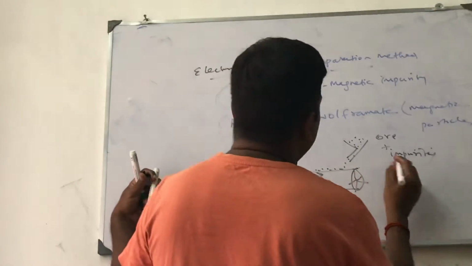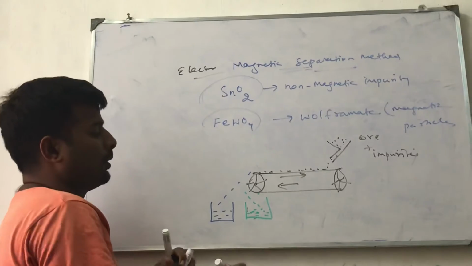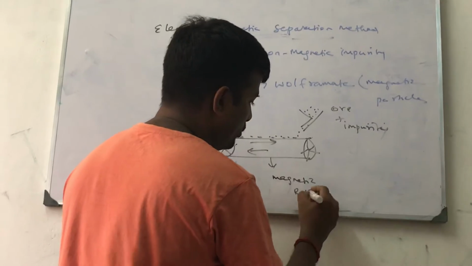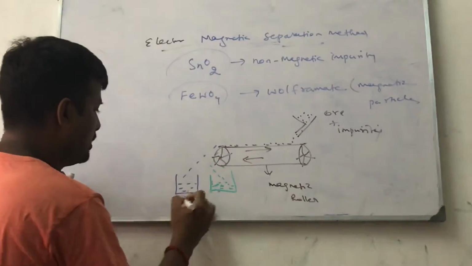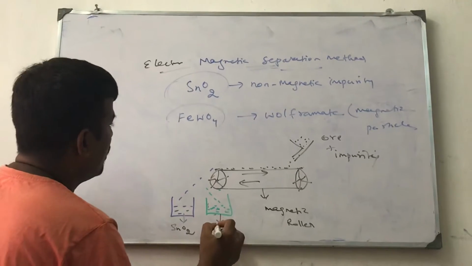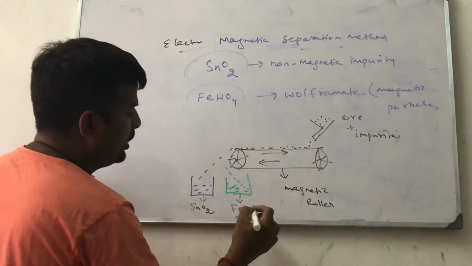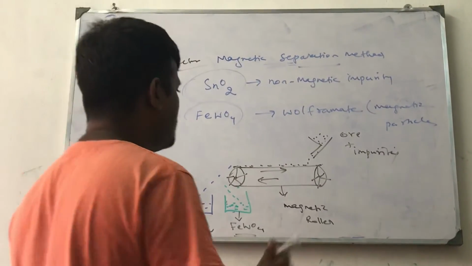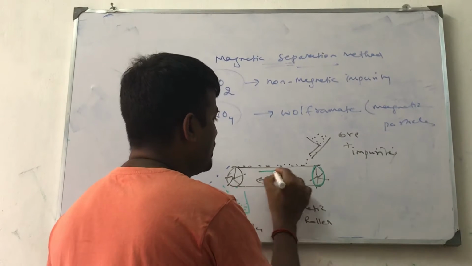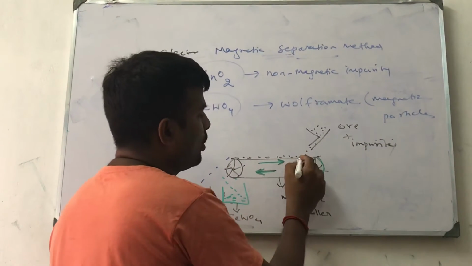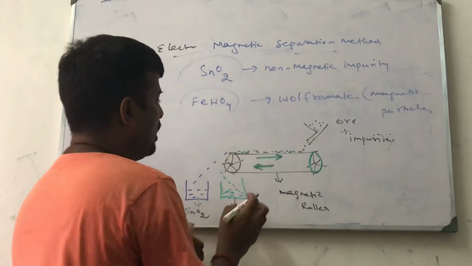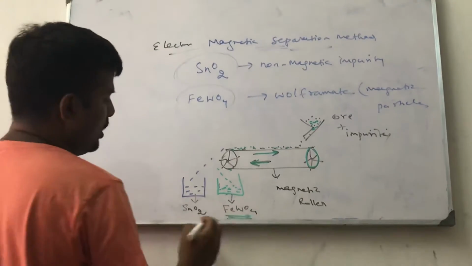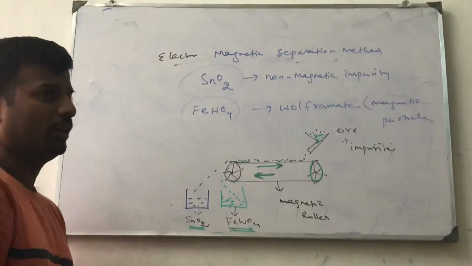When the ore containing tin oxide and wolframate impurity is passed through the magnetic roller, this is the tin oxide impurity and this is iron wolframate. Tungsten and iron mixture is called wolframate impurities. When they are passed through the magnetic roller, the roller is continuously rotating. So the ores are moving like this, and these iron impurities settle down, and the tin impurities settle down. Like this only we can separate the